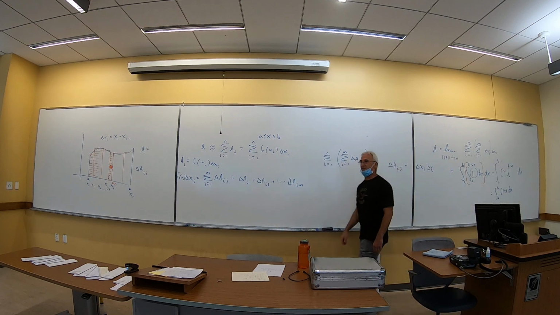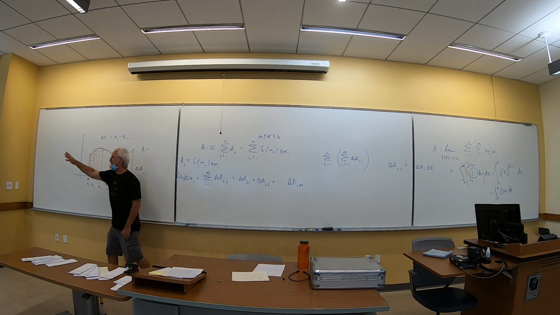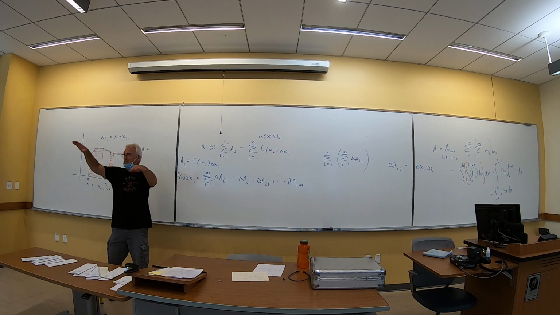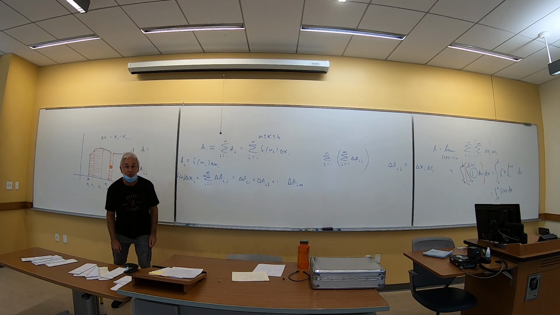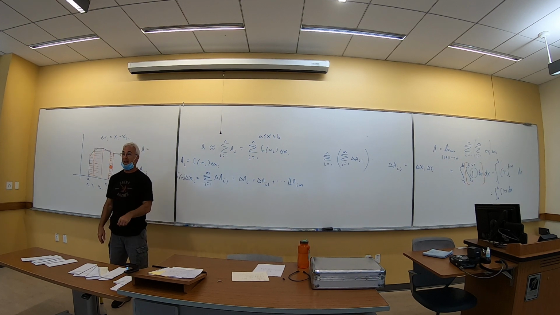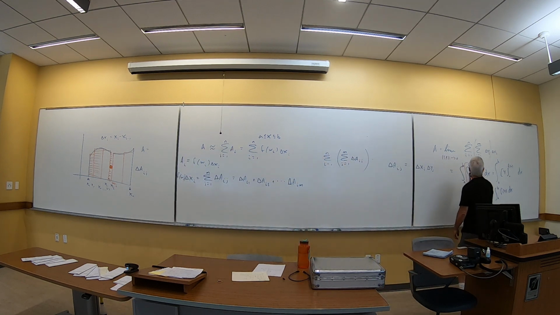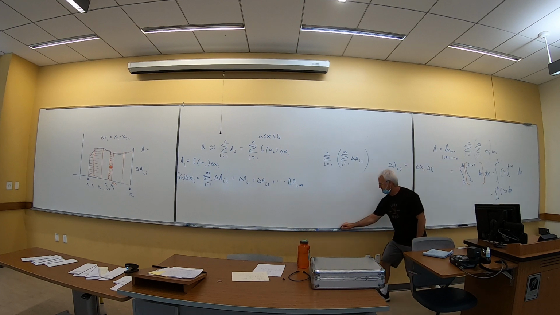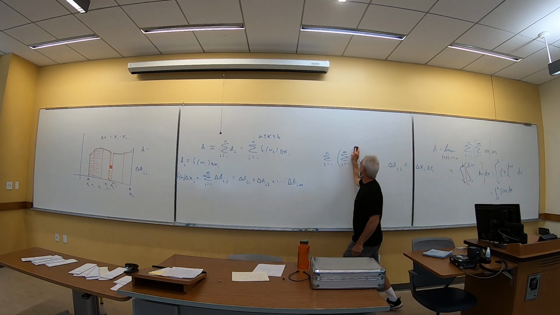Okay, so now let me change it one more time. This is still the region in the xy plane, but now I have some, I don't know, fluffed bed sheet. I have a fluffed bed sheet over this shape. And I want to know what is the volume under that bed sheet. You with me so far? How do I answer that question? Well, actually, I'm going to start from scratch. I have a volume